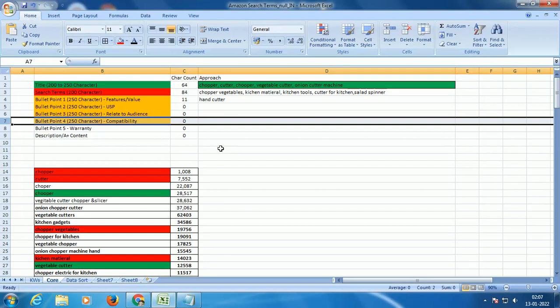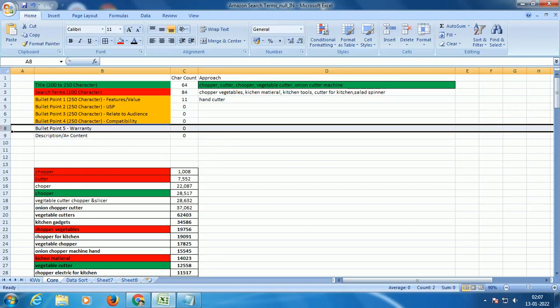So in my fifth bullet point, I would generally speak about warranty, assurance, brand loyalty, and all, because it is also very important that we retarget our customers. Please make sure you are selling quality products. Let's say if your customer is buying your product, they should definitely undergo an exceptional or extraordinary experience. Only then you will have a higher scope of reselling current or new products to your existing or old customers. So it's very important that you clearly convey this. You can speak about your product warranty, brand assurance, quality, customer service, all that stuff.